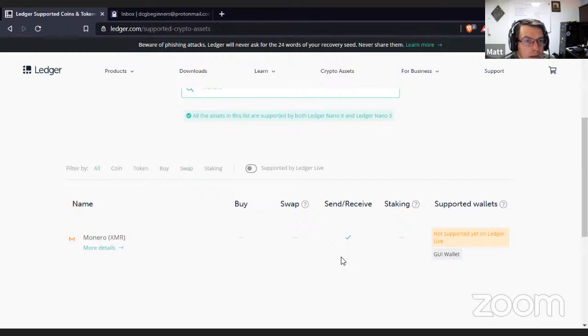So obviously Ledger supports a ton. I think hundreds of different cryptocurrencies. The S and the X both support all of those cryptocurrencies. To my knowledge, they support the same list. But you can only hold 3 of those wallets on the Nano S at one time. So if I've got Bitcoin, Ethereum, and Monero on there, and then I've also got some Polkadot, I have to